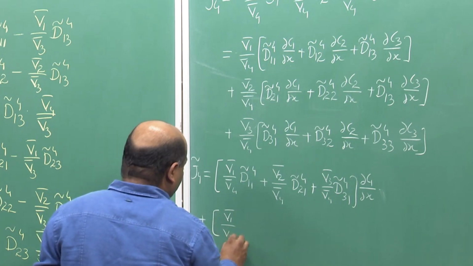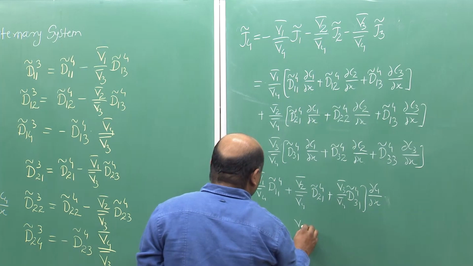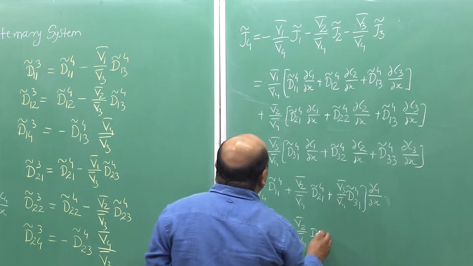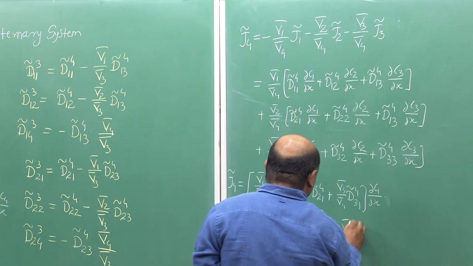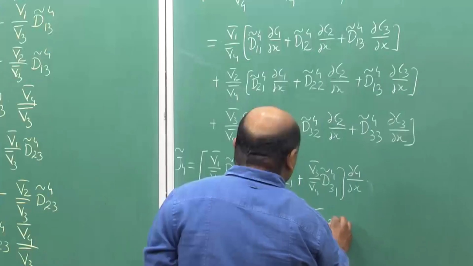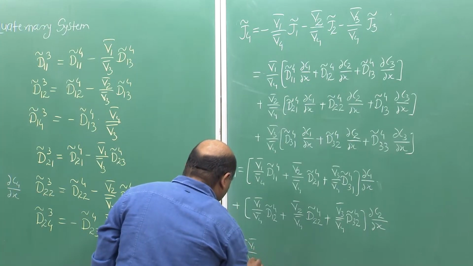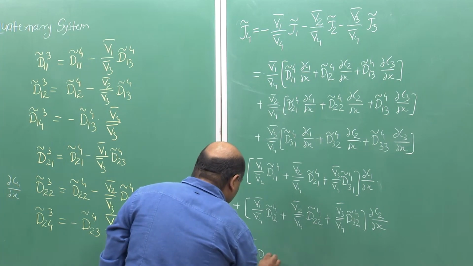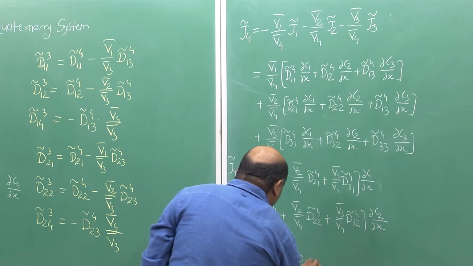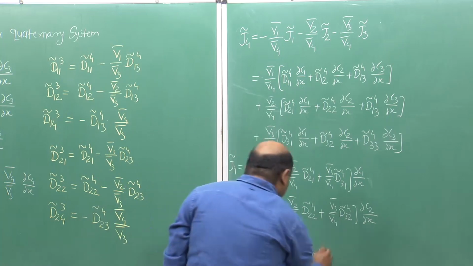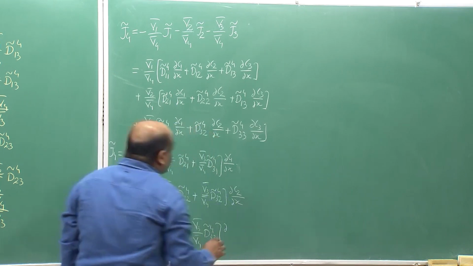V1 bar over V4 bar D1 2 tilde 4 plus V2 bar over V4 bar D2 2 tilde 4 plus V3 bar over V4 bar D3 2 tilde 4, dou C2 by dou x, plus V1 bar over V4 bar D1 3 tilde 4 plus V2 bar over V4 bar D2 3 tilde 4 plus V3 bar over V4 bar D3 3 tilde 4, and dou C3 by dou x is